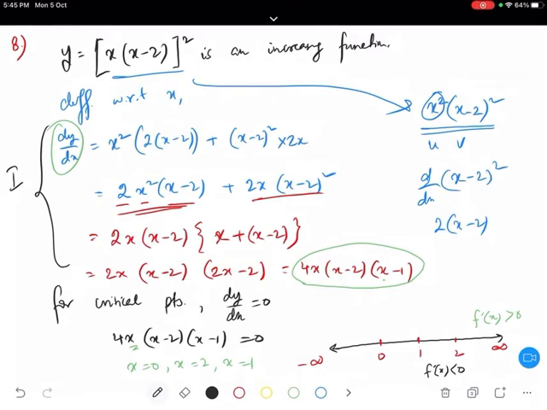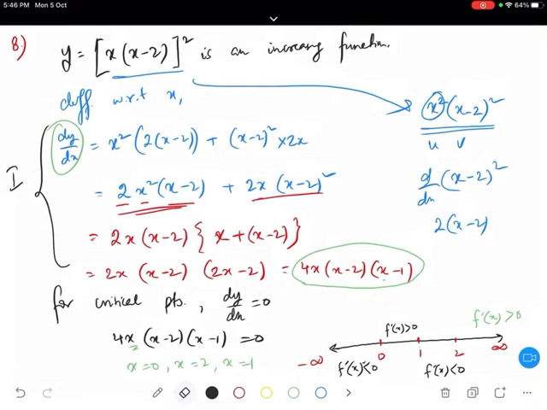I will write there f dash x is greater than 0, right? Then the next one, last one, 0 to minus infinity. So in this range, I will take minus 1. Let us take minus 1. So if I put minus 1 in here, what do you get? 4 into minus 1, minus 1 minus 2, then minus 1 minus 1. So what do you get? This one is negative, this one is negative, and this one is also negative. So I get the value will be negative. So here it will be f dash x is less than 0. So these are the things which we got from the number line.